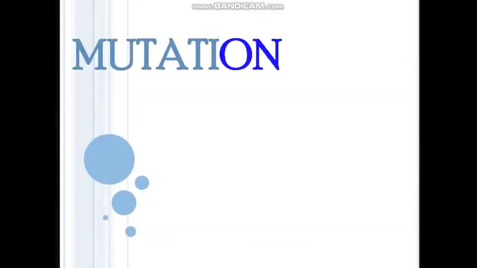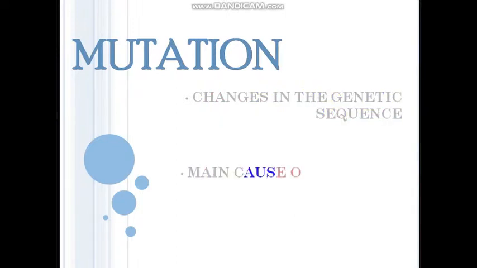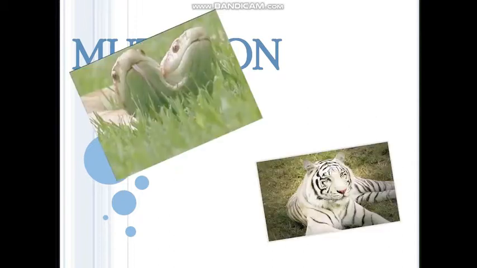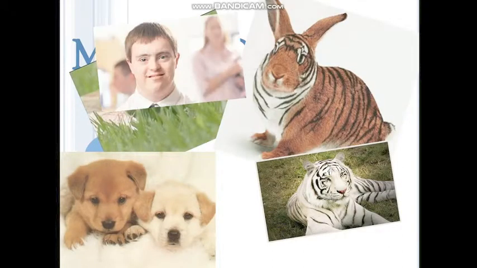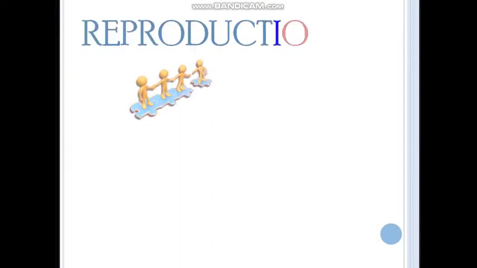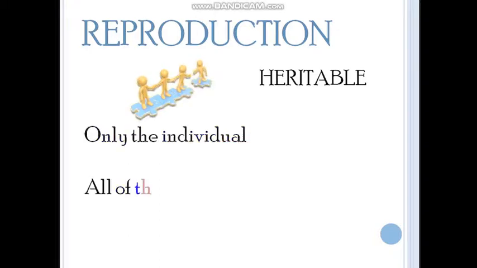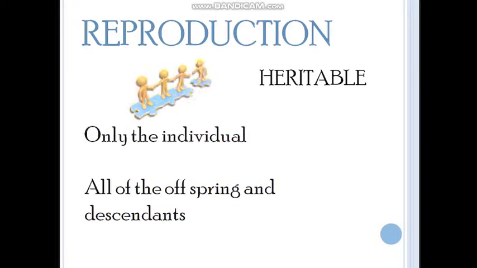Mutations are changes in the genetic sequence, and they are a main cause of diversity among organisms. These changes occur at many different levels, and they can have widely differing consequences. In biological systems that are capable of reproduction, we must first focus on whether they are heritable. Specifically, some mutations only affect the individual that carries them, while others affect all of the carrier's offspring and